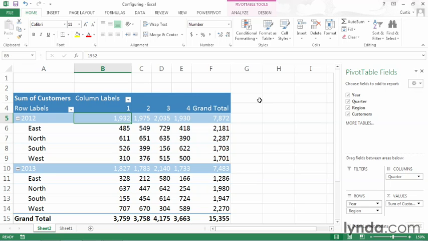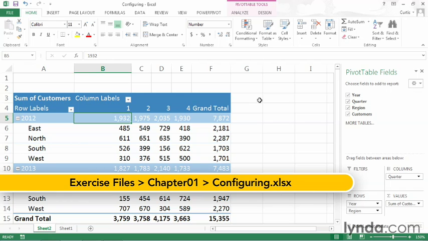Excel 2013 pivot tables come with a number of built-in tools that you can use to manipulate them. And in this movie, I will show you how to use some of them, including the Fields pane and also expand and contract buttons within the body of the pivot table. I will use the configuring sample file, which you can find in the Chapter 1 folder of your exercise files